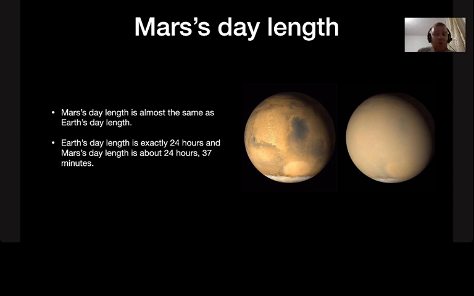So maybe that's one reason why Mars could support life in the olden days, like millions of years ago, maybe billions. This was actually quite surprising to me when I first heard about the day lengths of Mars compared with Earth. Just 37 minutes longer. That's it. No, not much difference at all. So next,